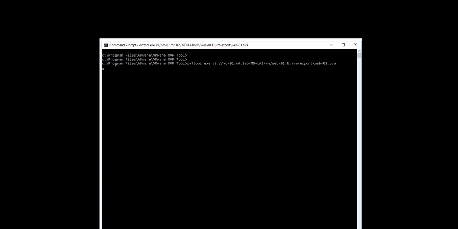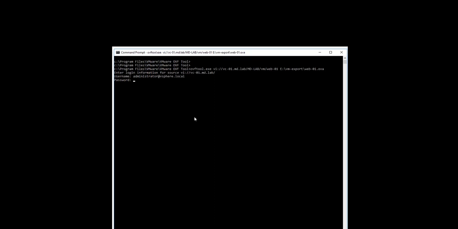Just click enter. It will ask for the administrative credentials. Enter the password for this. It started exporting the virtual machine.